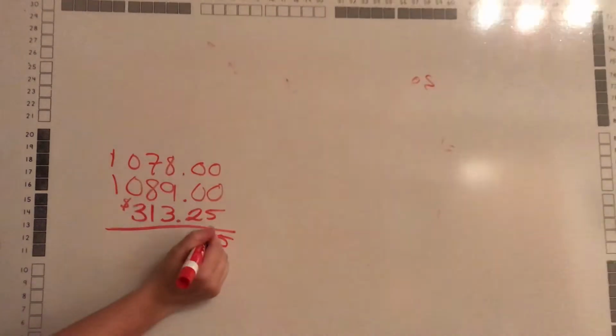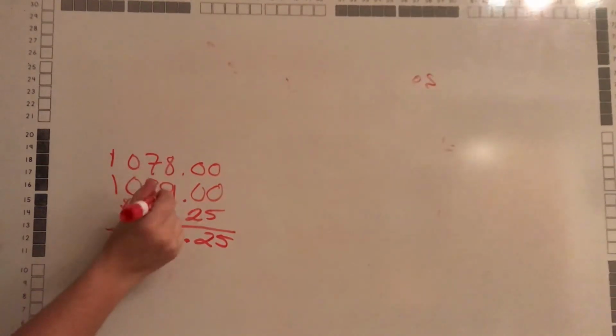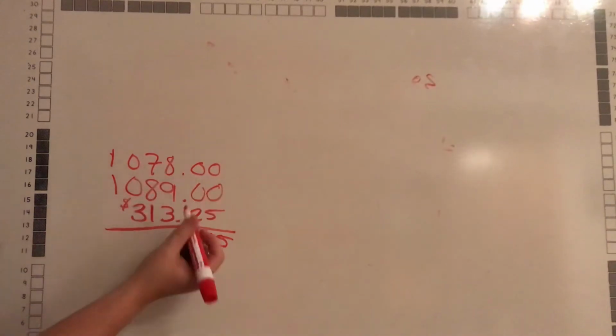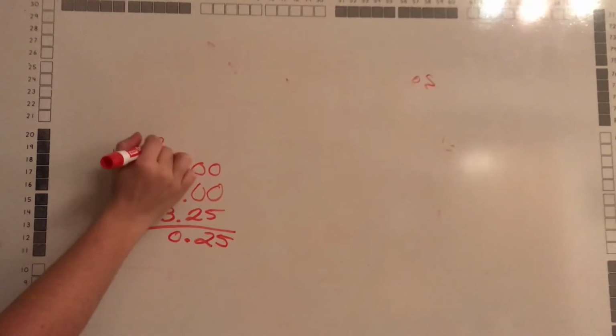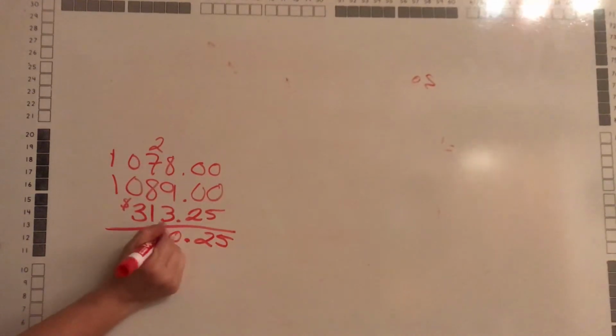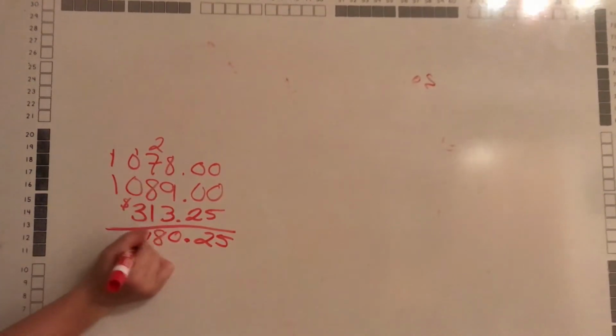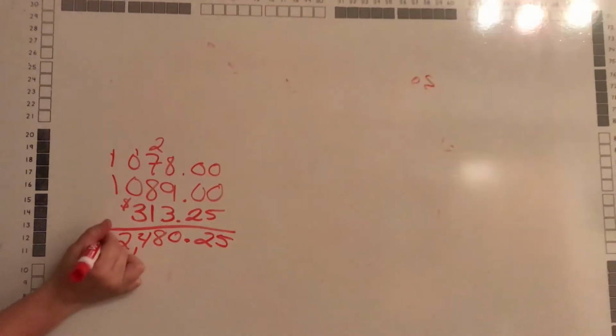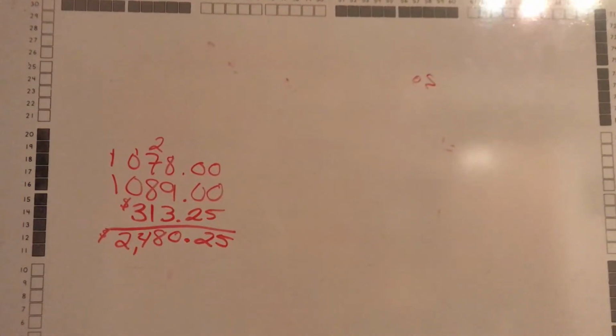So 5, 2, 8 and 3 is 11 plus 9 is 20. So 2 and 8 is 10. 7 and 1 is 18. 4. So it looks like the total monthly expenses for the Millers is $2,480.25. So what you're going to continue doing with this is they are going to have you either use this specific chart with the Millers and find monthly expenses,